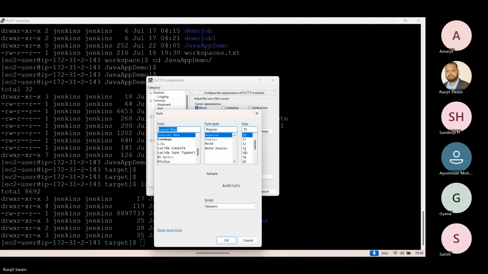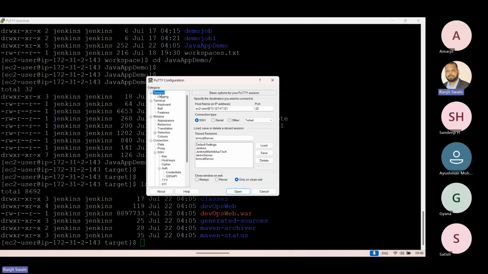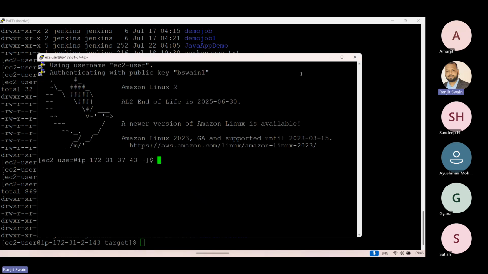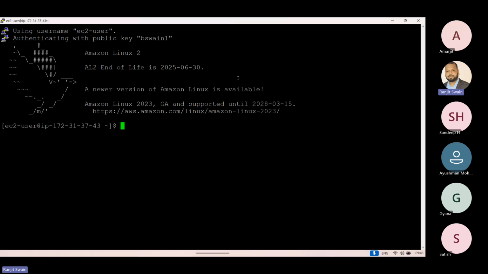Okay, save it, open, accept. Good. Now it's connected to the new server, right? Connected to the new server. Now here we have to install the